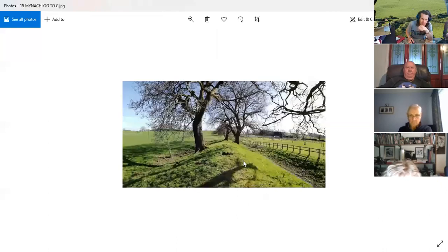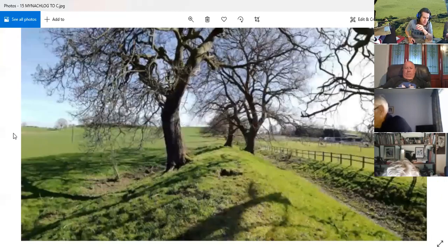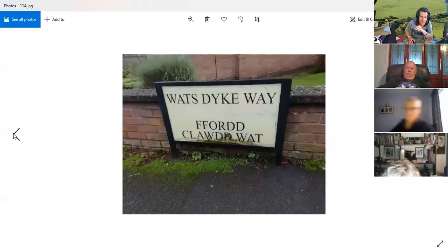There you go. It doesn't look very impressive, but it was impressive in the past, and it's been archaeologically excavated as well. None of you here with me actually went on the trip at the beginning of the year to Chirk Castle. Or was it? It was at the beginning of the year, wasn't it, Michelle? Chirk Castle. Yeah, I think we went to Chirk Castle at the beginning of the year, and they were actually archaeologically excavating Offa's Dyke. But in regards to Watts Dyke, if we move on,